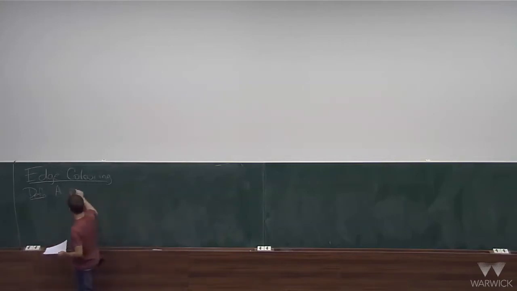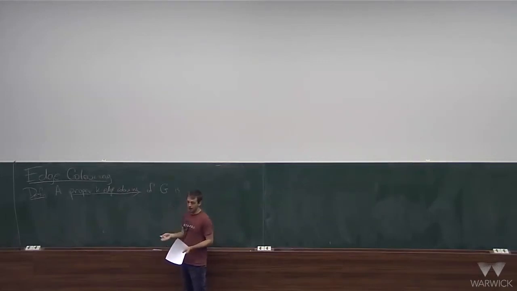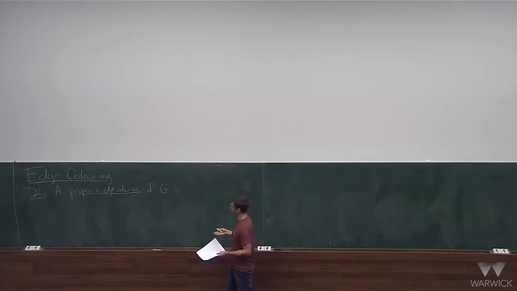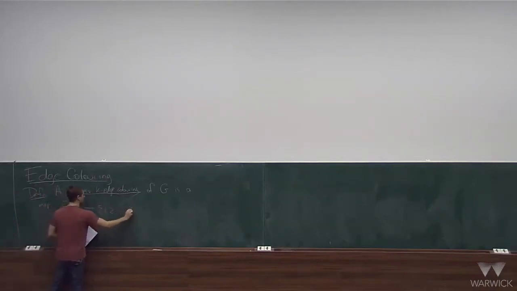So a proper K edge coloring of a graph G. Well, it's a coloring of the edges with K colors such that some condition holds. So it's a map or a function f from the edges of G to K colors. We can just call them 1 up to K, such that